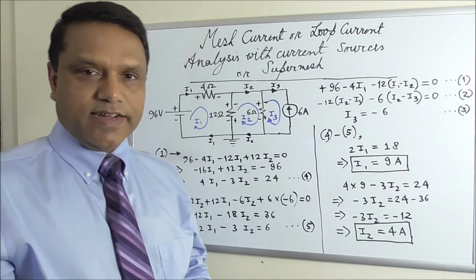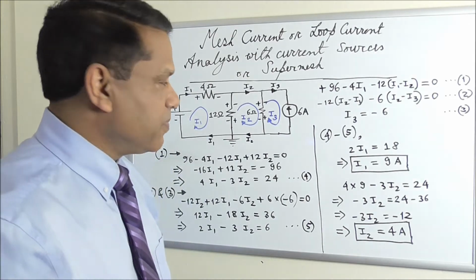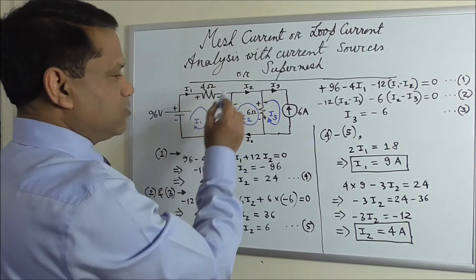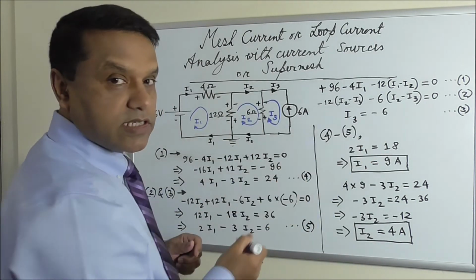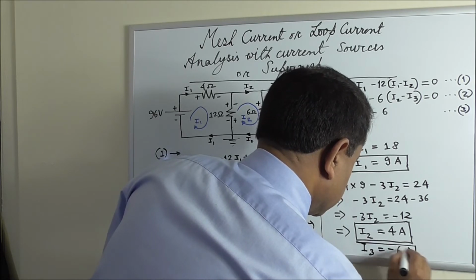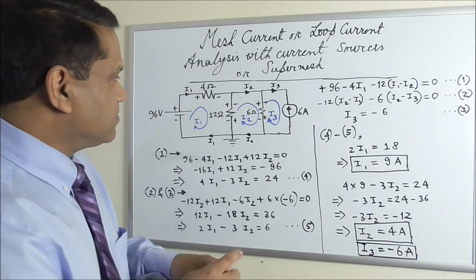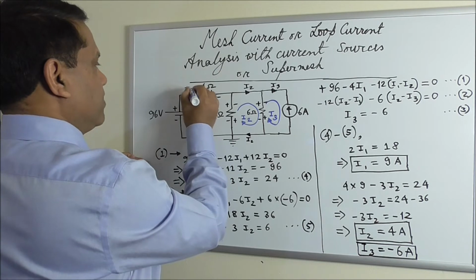So we have solved the circuits. Now we can find all other currents and voltages in this circuit. For example, I1 is definitely 9 ampere, I2 is 4 ampere, and I3 is given already, minus 6 ampere. And the branch currents are, this branch current is I1, 9 ampere,